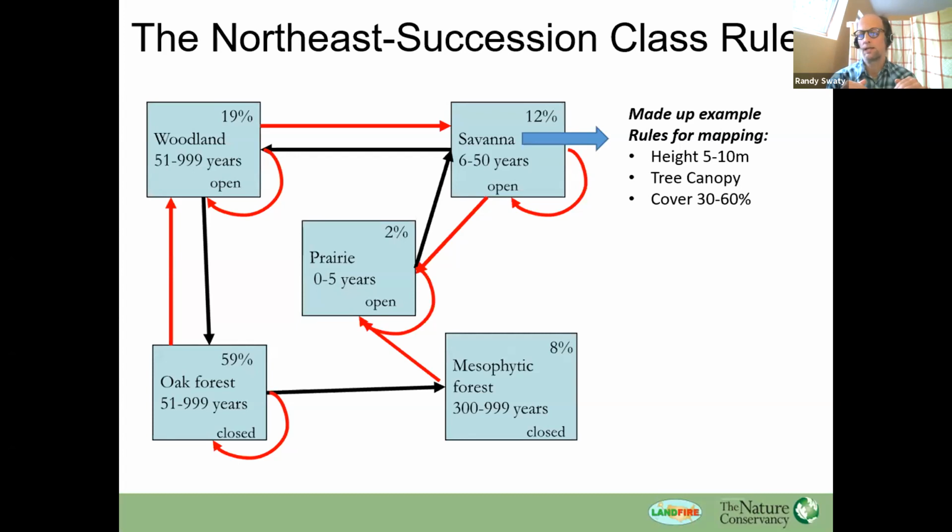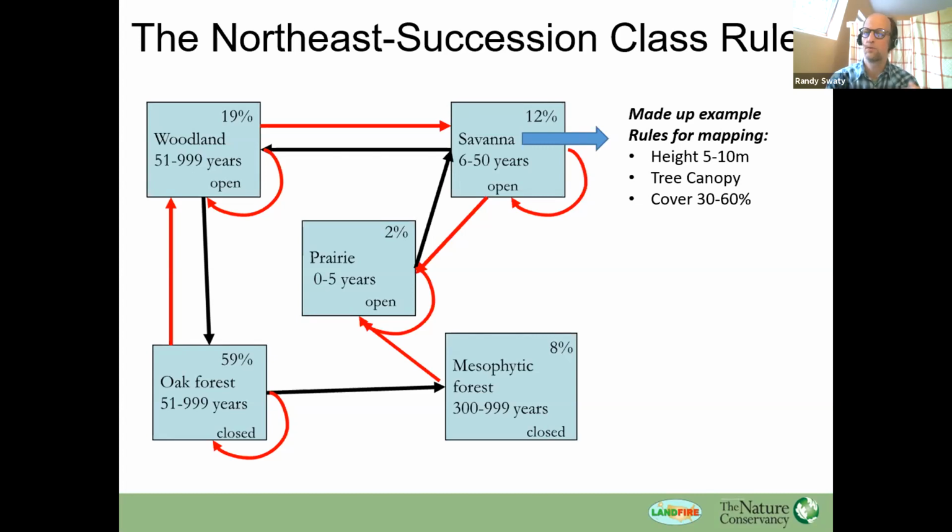Importantly, we upgraded and filled in gaps for the succession class mapping rules. We found that for some biophysical settings, there were combinations that were not attributed to a succession class. For example, maybe 20% canopy closure was not attributed to one of the succession classes for this oak ecosystem. In that case, it would get labeled as uncharacteristic.